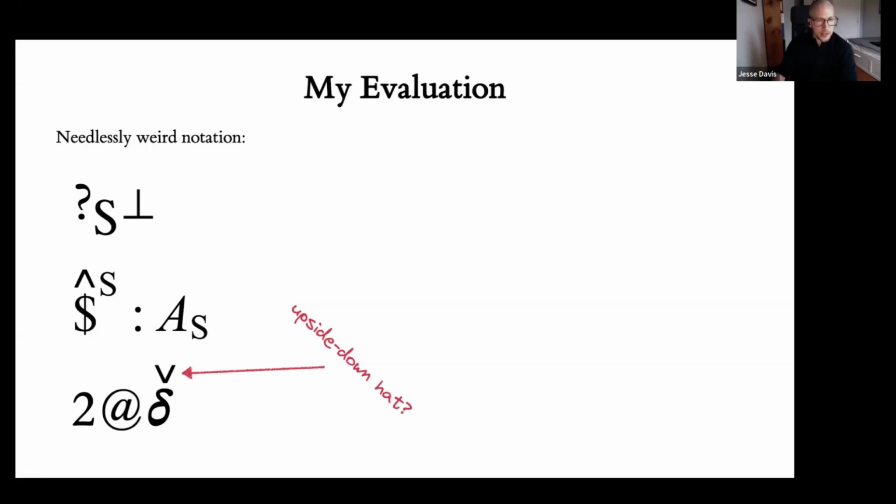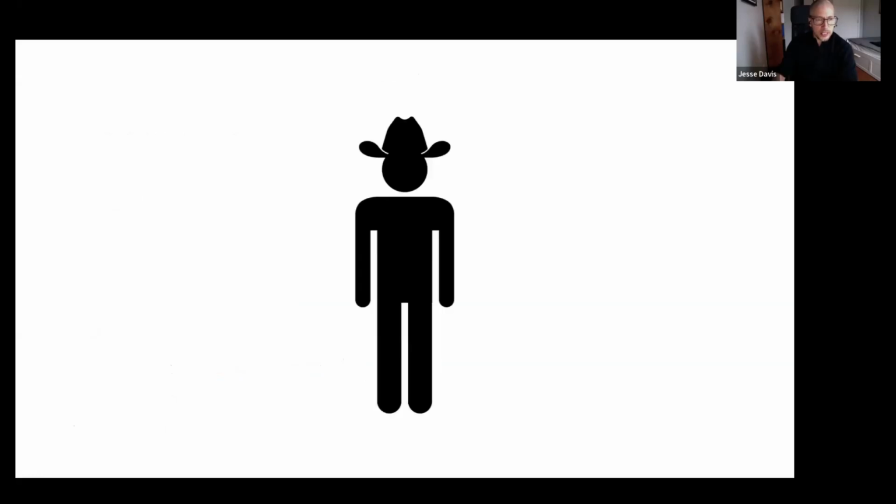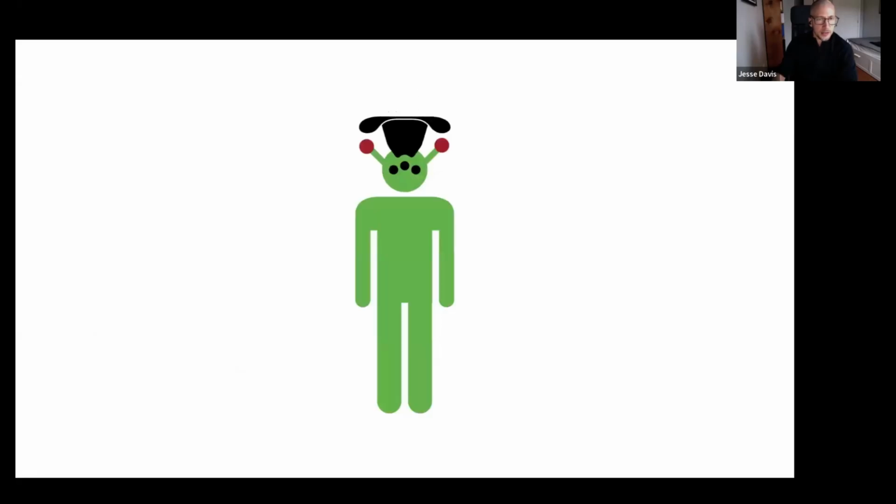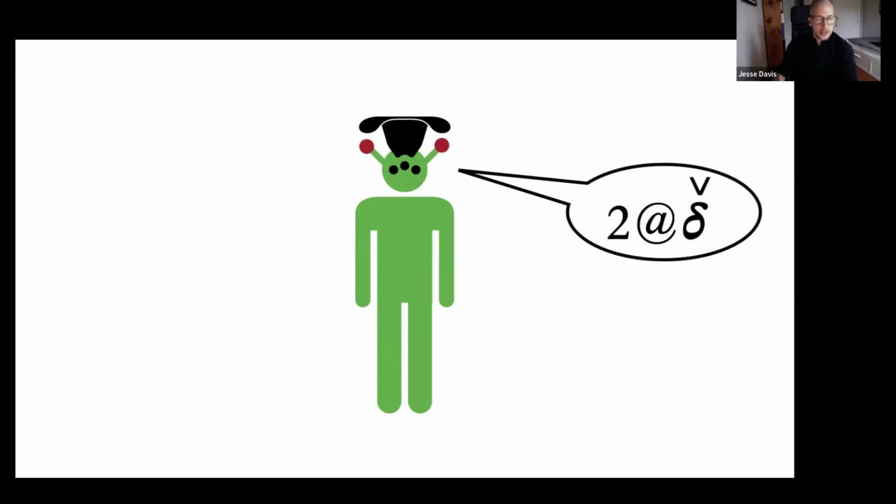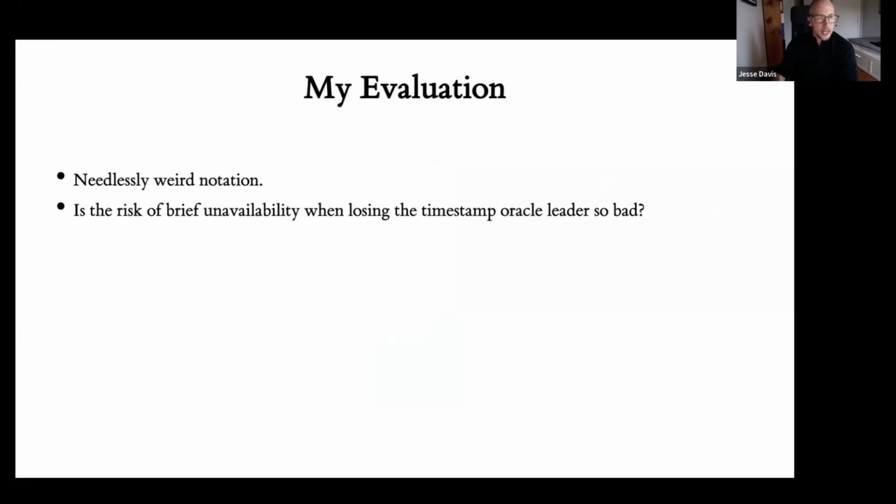I don't know if that's because that's some rule in this alien language. Maybe in this alien language, delta needs a hat and needs to wear it upside down because that's how aliens wear hats. And this is the language they speak. But I found the thing really slowed down my understanding until I rewrote it for myself.